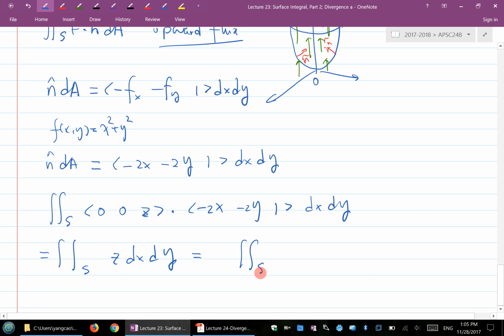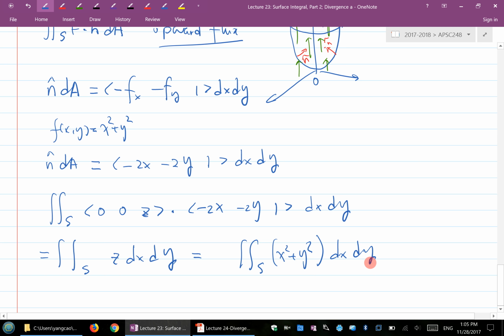So now what do we do with the s? What do we do with the z? The z is going to be replaced with x squared plus y squared dx dy. Okay, that's good. So now everything is in terms of x and y, and the